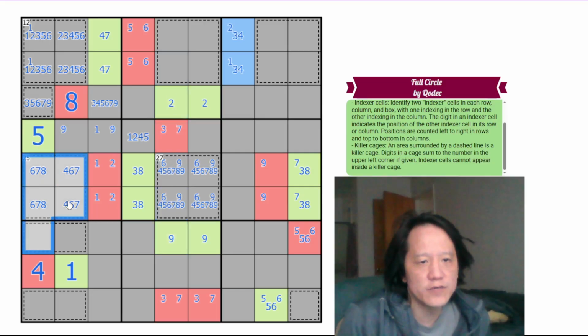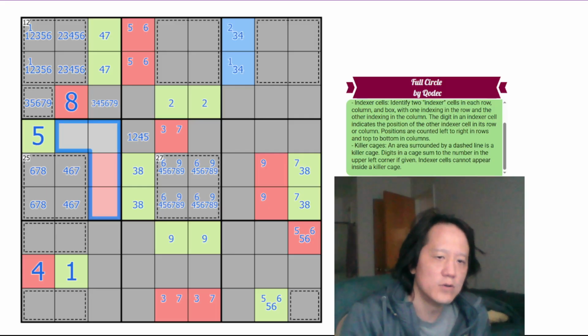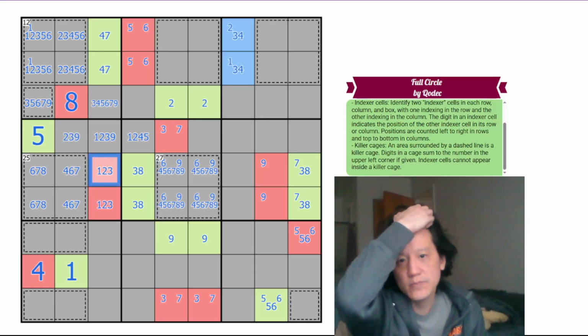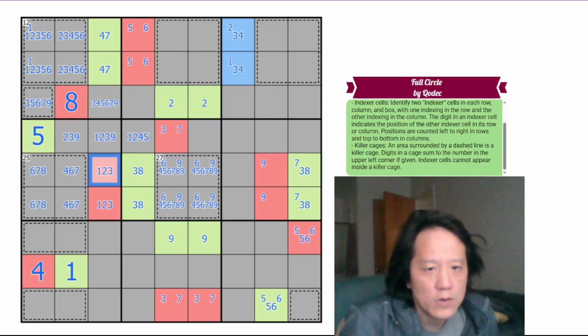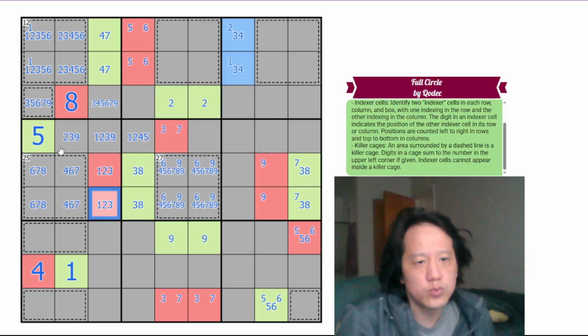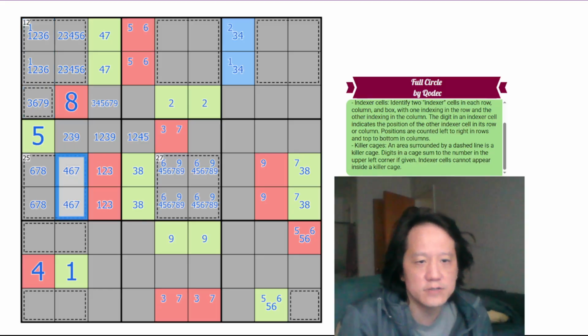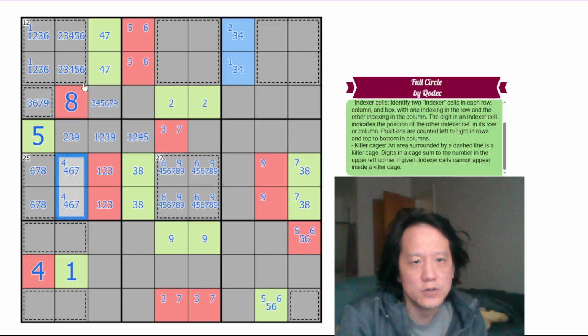This is 4, 6, 7, 8. We are guaranteed in the rest of box 4, 1, 2, 3, and 9. 1 obviously cannot be here. 9 cannot be here. This is 5. This can't be 5 here. This is guaranteed to be 4 here. So this cannot be 4 here. So this must be a 1, 2, 3, 6